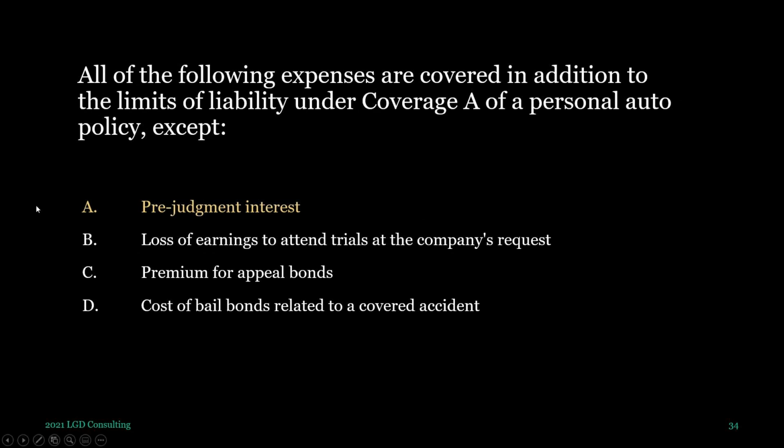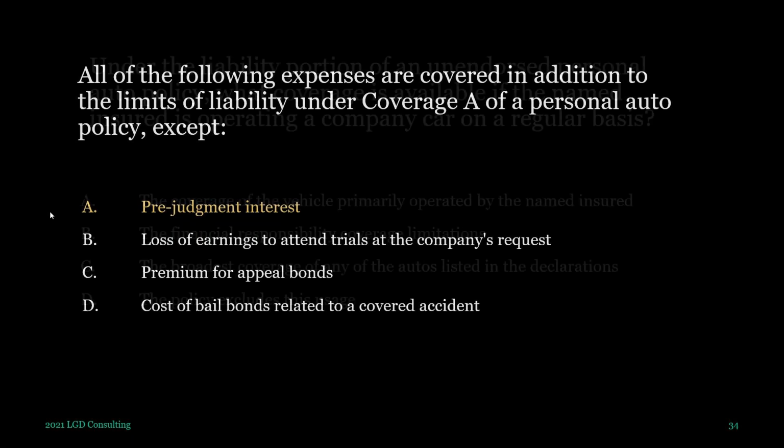Okay. And then supplementary payments could actually cover what's called post-judgment interest. So let's say you win the court case, but now the insurance company takes their time in paying you. Okay, that means if they paid you when you won the court case, you could invest that money and earn interest on it, and that's post-judgment interest that could be awarded. So prejudgment interest is covered by liability. Post-judgment interest is actually covered by supplementary payments. Okay, so this is going to stand out. All of them are paid in addition to liability except prejudgment. All right, you'll spot it.